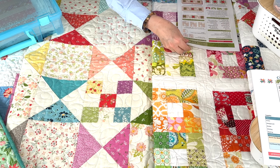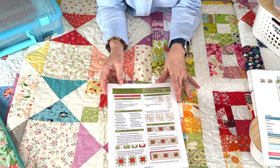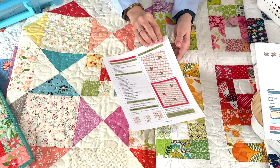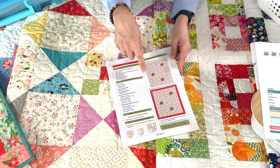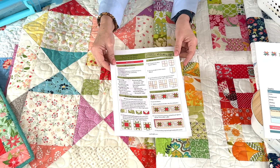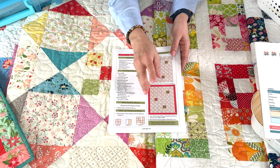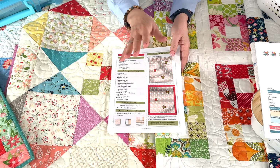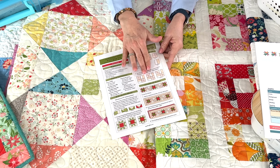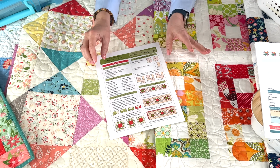Okay. Another one is that I've really been wanting to do a low volume quilt, and Chelsea and I shared this free pattern. It's a Layer Cake Stars low volume quilt with a quilt option and just 3 blocks. And then I also added in a table runner. And what I think I want to do is just a low volume quilt with or without the stars. I haven't really quite decided yet. But really want to just use this pattern that I have, and just because I can make a bunch of these blocks up from scraps, and it is a goal to have just a completely low volume scrap